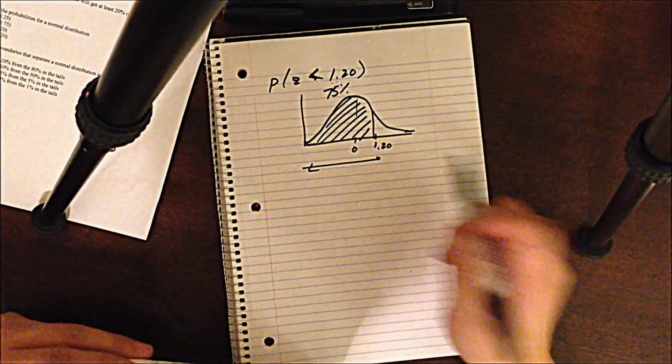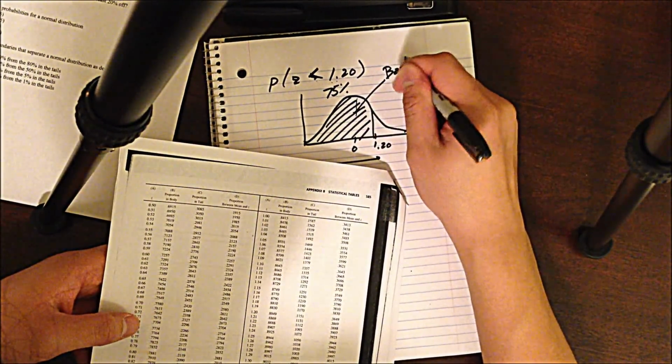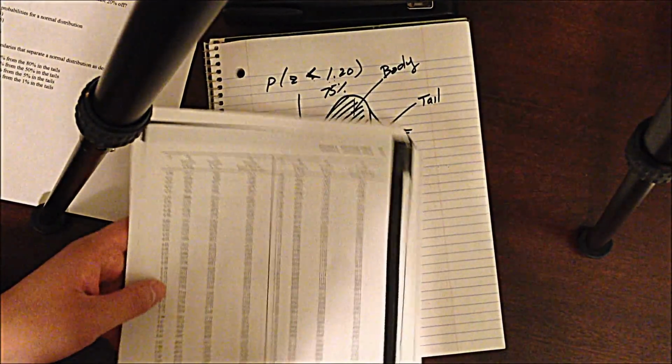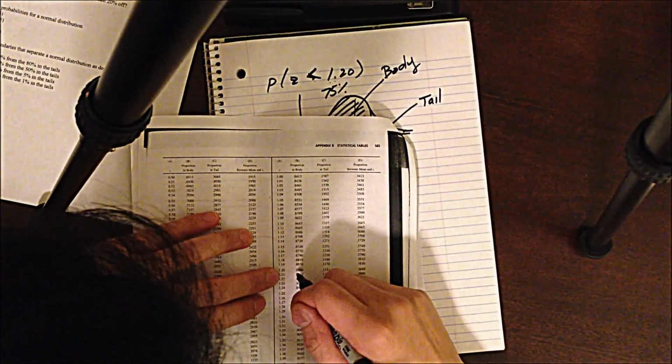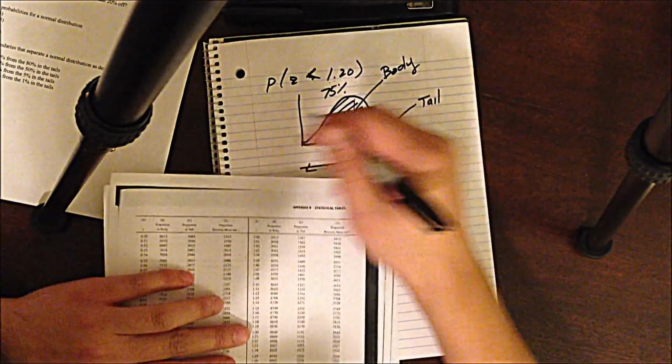So we're interested in the body, the bigger portion. This is the body. This is the tail. The tail is always the smaller portion. Okay? So 1.20 tells us a number of